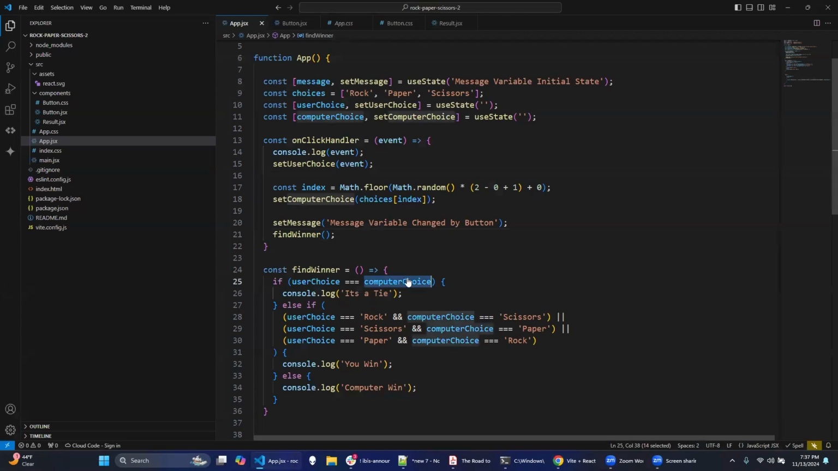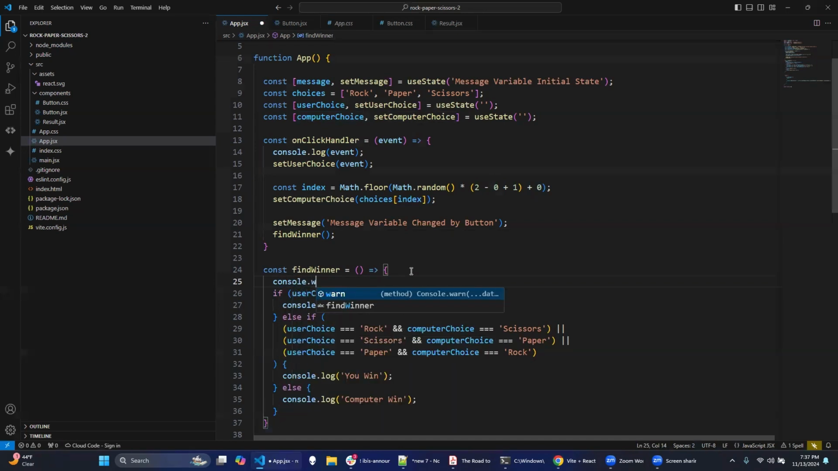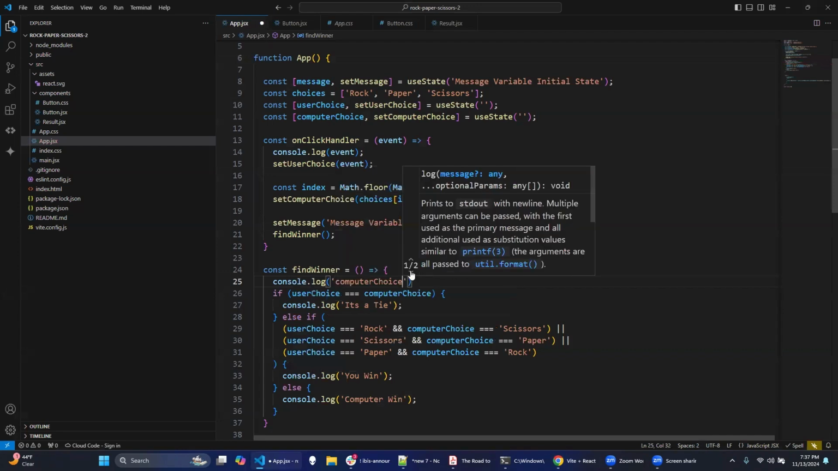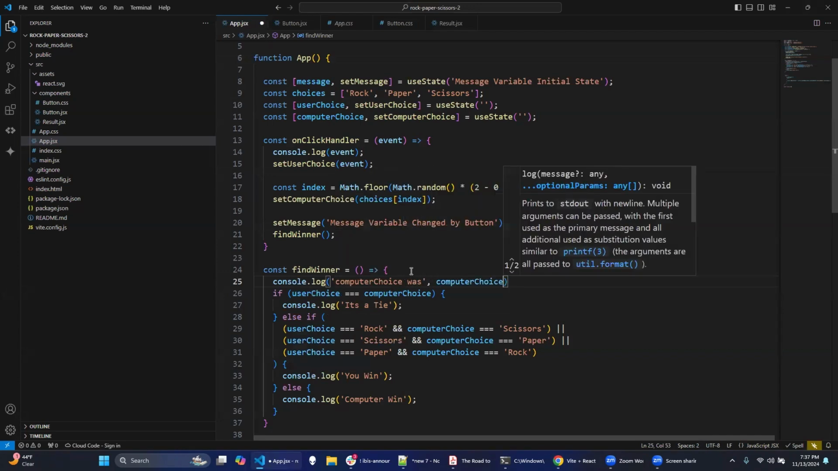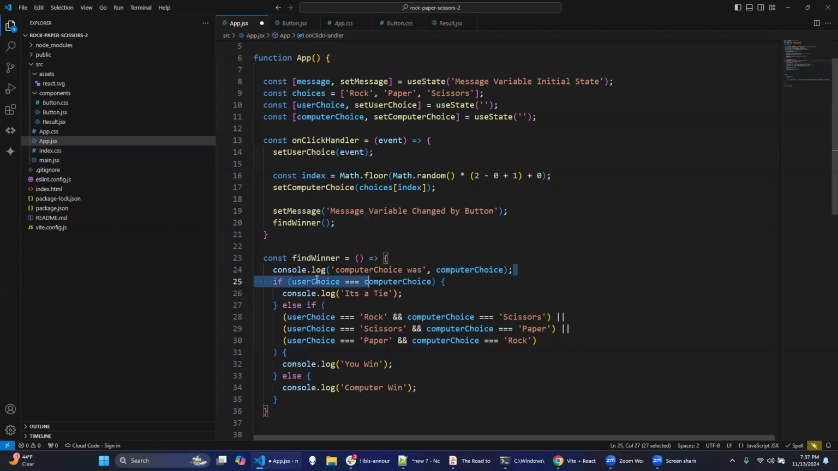I don't want to just console.log computer choice was, and let's remove this. So we see our logic with, I mean, whenever you build such logic, right, which is